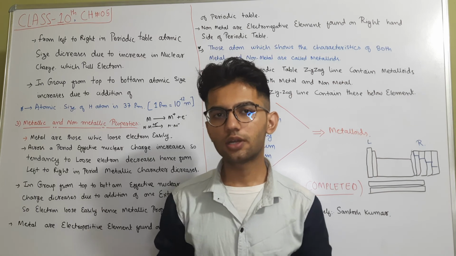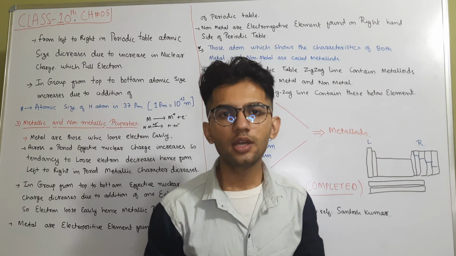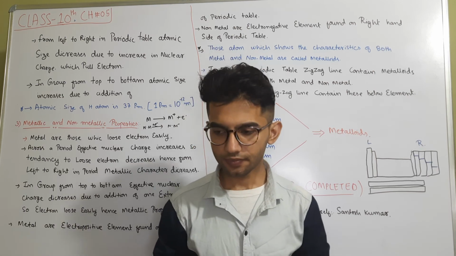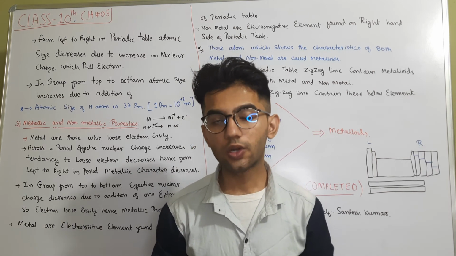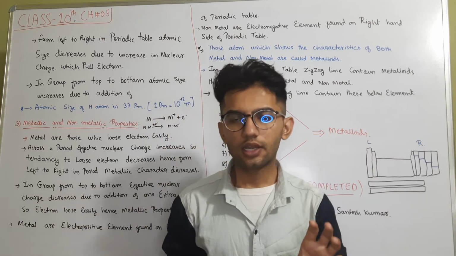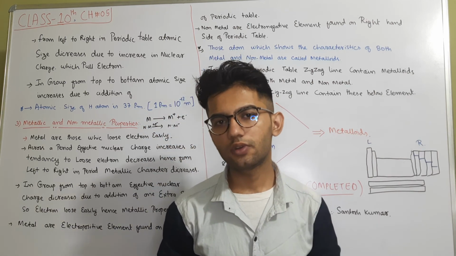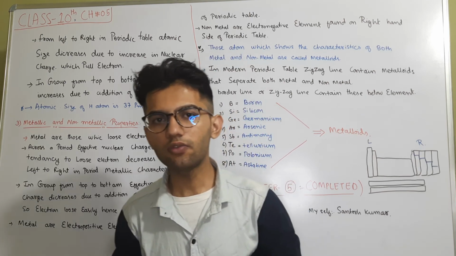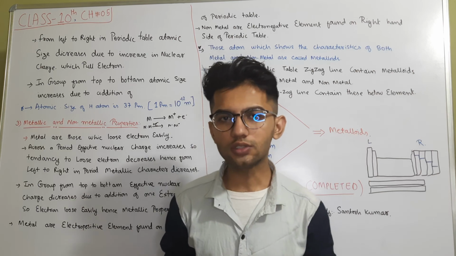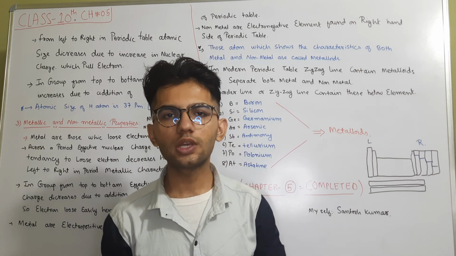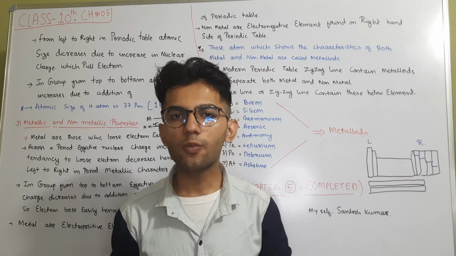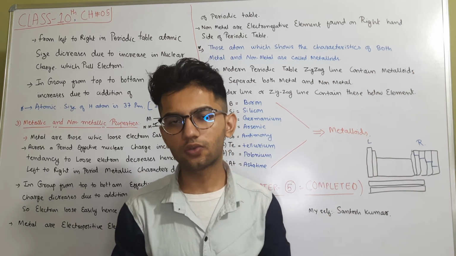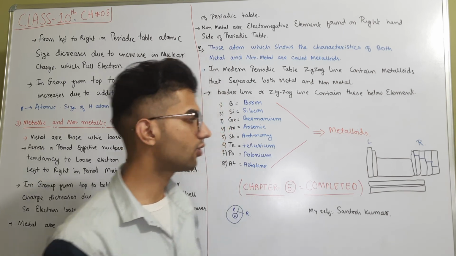Before I explain the change in atomic size, we want to clarify the effective nuclear charge. What is effective nuclear charge? The effective nuclear charge simply represents the effective nuclear force. What is the effective nuclear force? It is a force that is exerted by the nucleus on the electrons. How much the electrons are attracted to the nucleus, that force is known as the nuclear force or effective nuclear force.